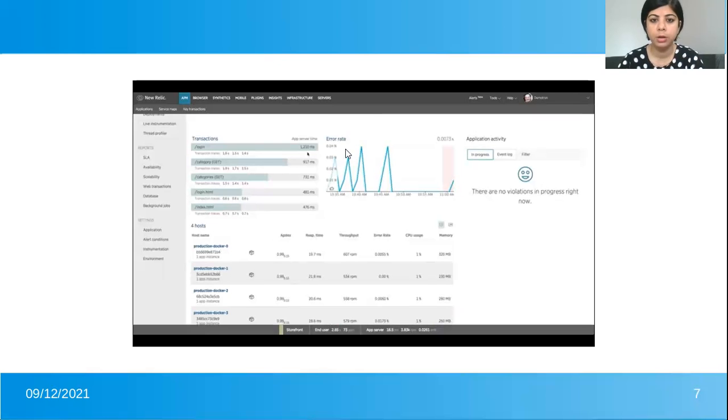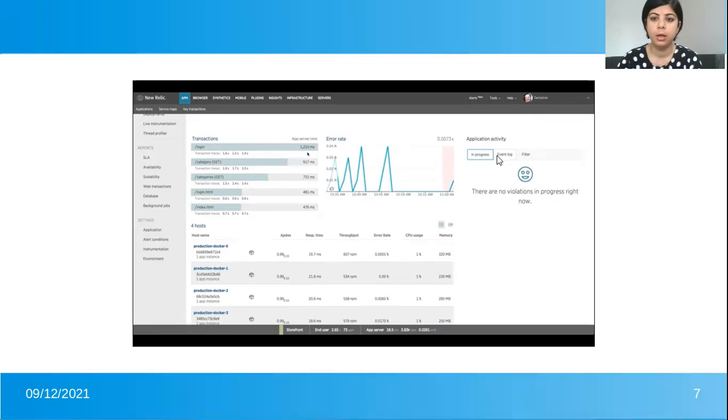Now here we can see it's written error rate chart. This is an error rate chart which basically shows the percent of total transactions which have turned into errors. How many times the login button has failed or has shown an error, this chart shows that error itself.